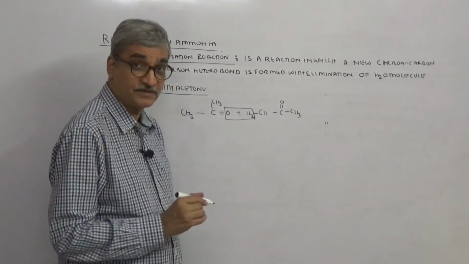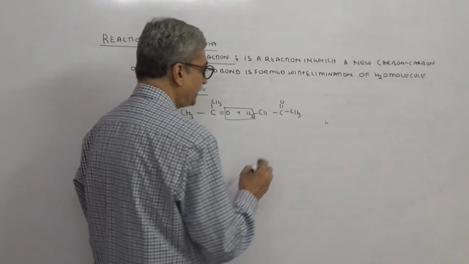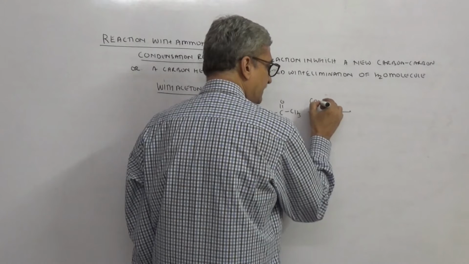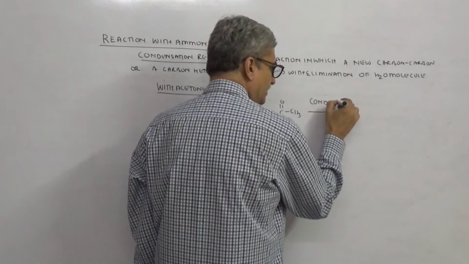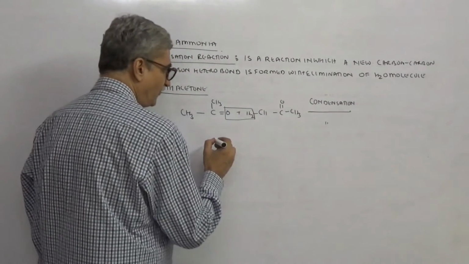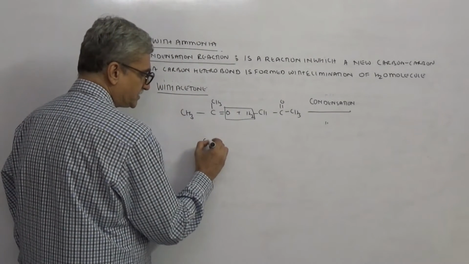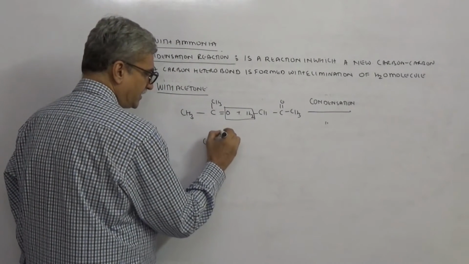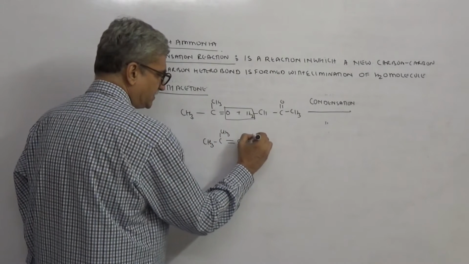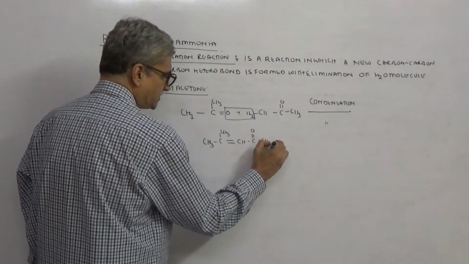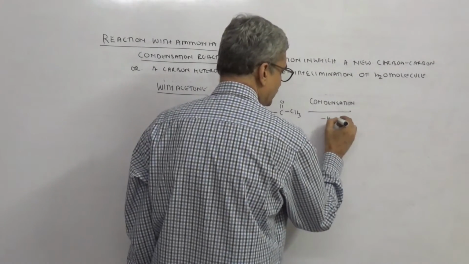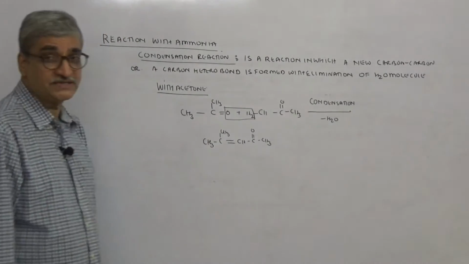So first step of reaction of ammonia with acetone is, it is what? It is a condensation reaction. So what does it form? It forms CH3 double bond CH C double bond O CH3. Okay, minus H2O तो इधर आ जाएगा. So minus H2. Now you see it's very interesting.